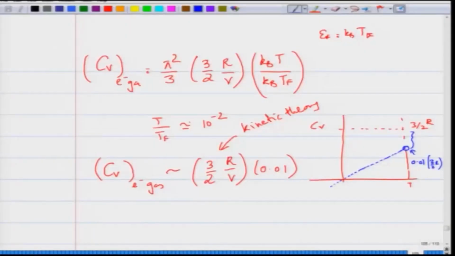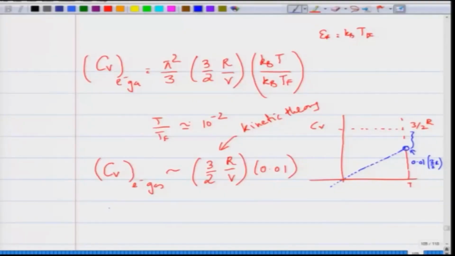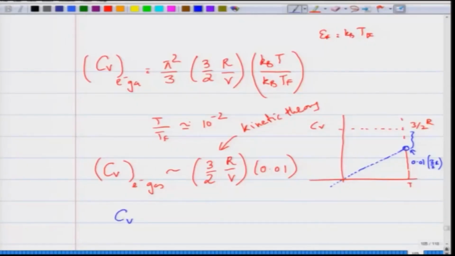But if you use Sommerfeld's model and consider the gas as quantum mechanical, then it shows that it is far lower than 3 by 2 R at this temperature. So there is a significant suppression with respect to the classical theory because of the quantum mechanical nature of the electron gas. This was a very major success of Sommerfeld's model, because now you could explain why the specific heat of the electron gas is so much lower than what you know from kinetic theory, and also you get the temperature dependence